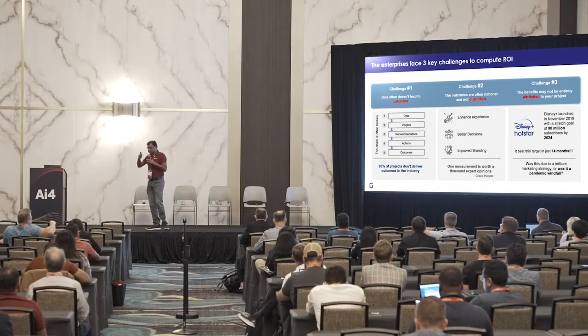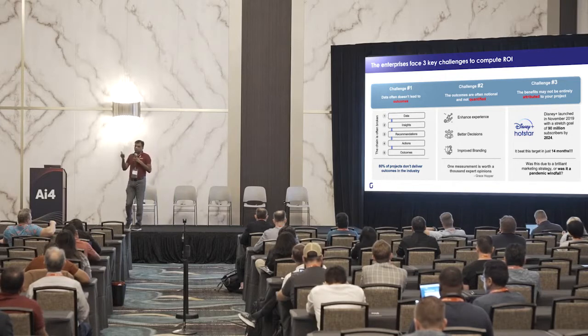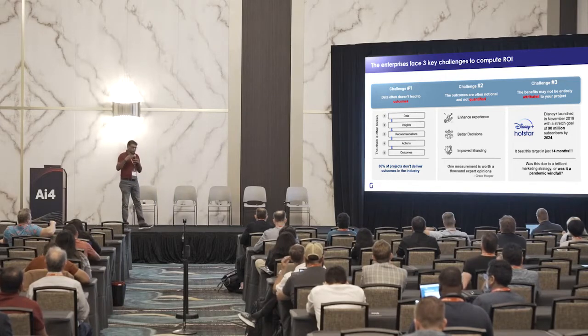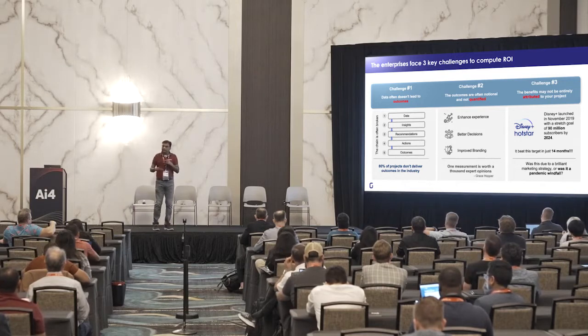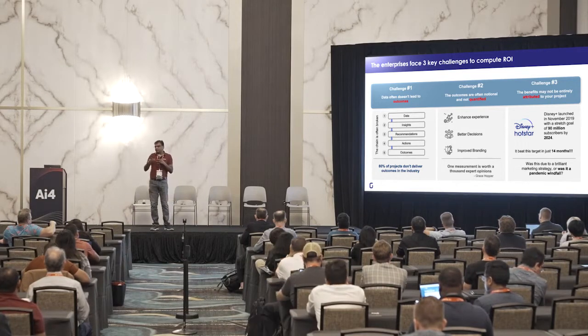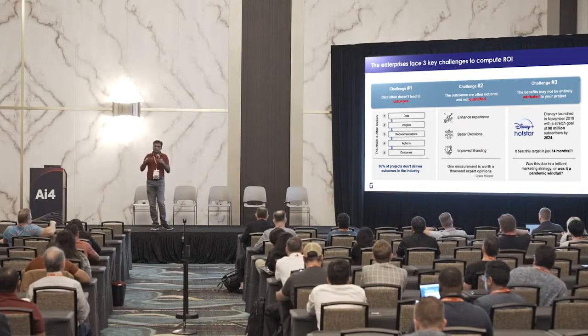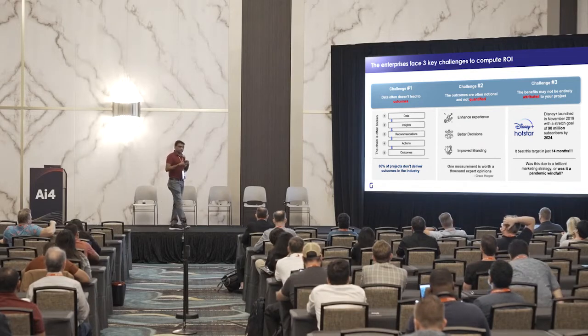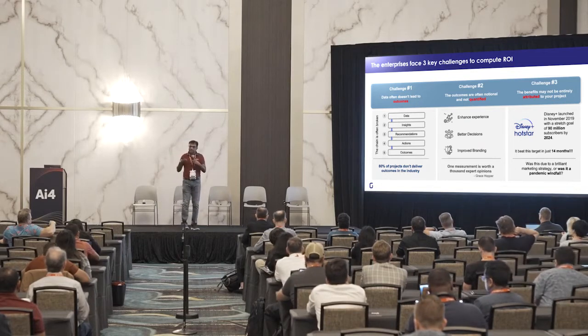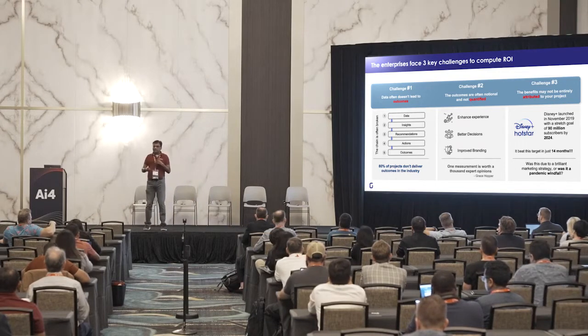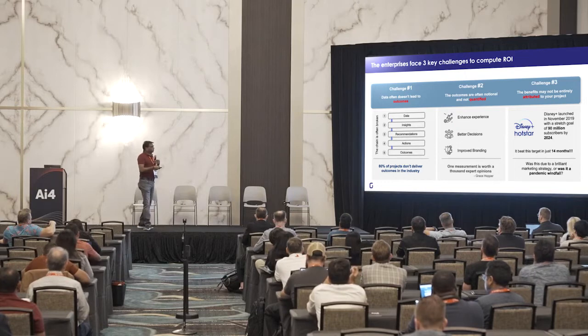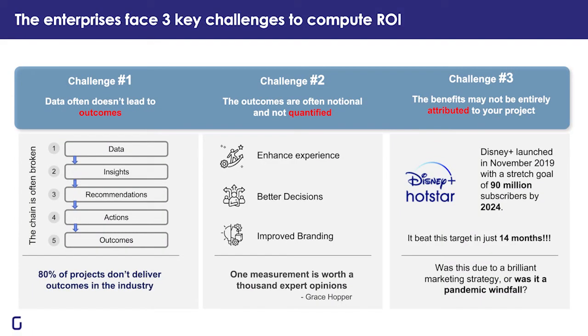And as data, analytics and AI are evolving, I think it's more about volume. You've got to do things much faster, at greater velocity, for you to see success. You can't do a project for 6 months and say, hey, this will be successful. Instead, if you can do 10 projects in 6 months, 1 or 2 will be successful. That's the nature of how data science is evolving. So that's the first challenge, that you can't connect data to the outcomes.